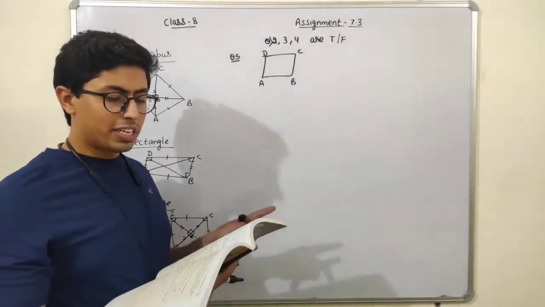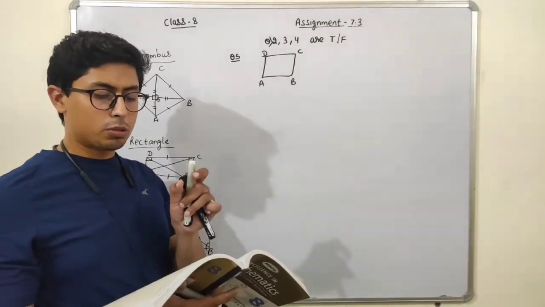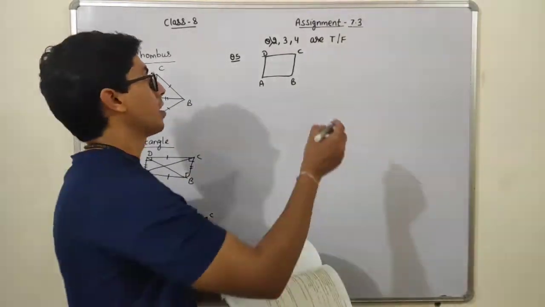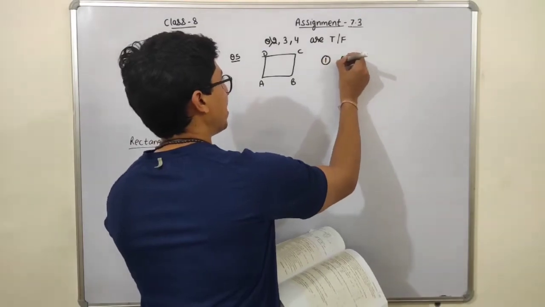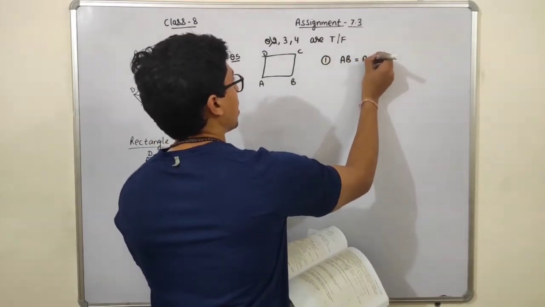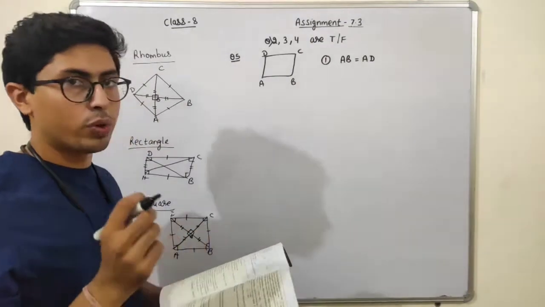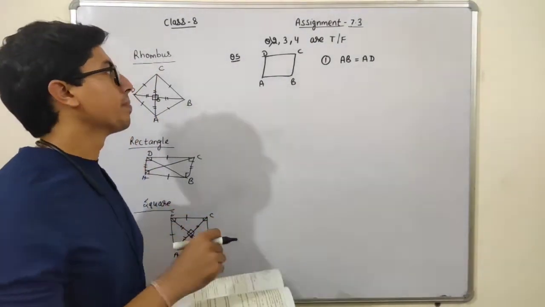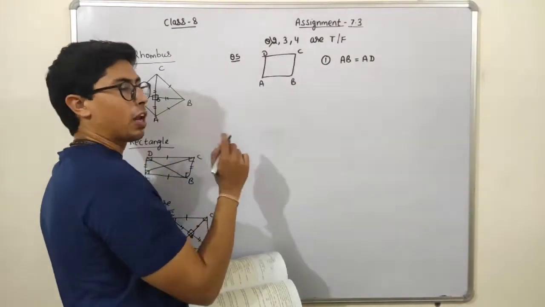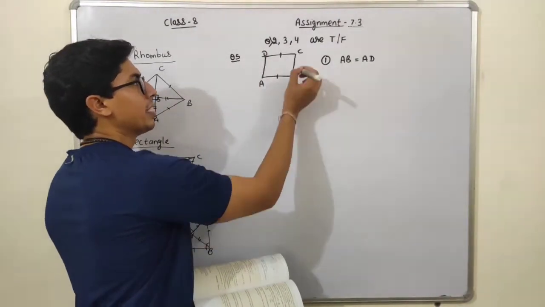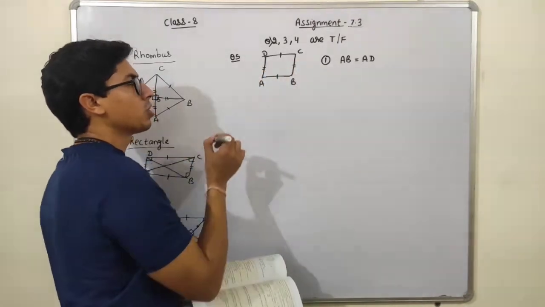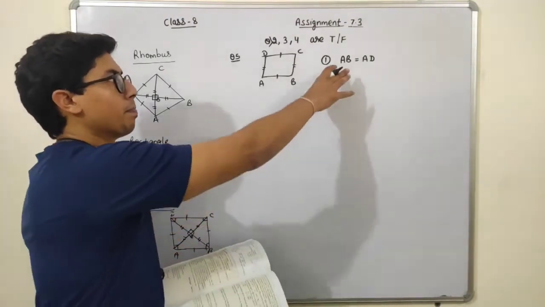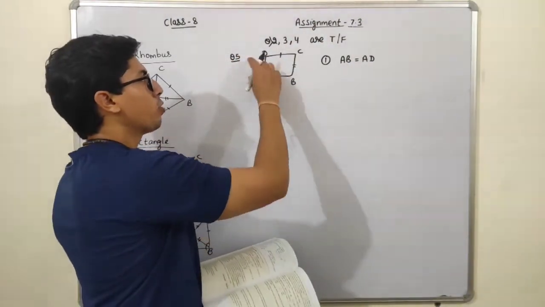Okay. Now, students, it is given that if we give a special addition to them, what will be the name of that figure? So in the first part, if I take AB is equal to AD, then, students, I have to name that particular figure. Now, see, students, ABCD is a parallelogram. This means AB is equal to DC and BC is equal to AD because opposite sides of a parallelogram are equal. Now, it is also given in the first part that AB is equal to AD.